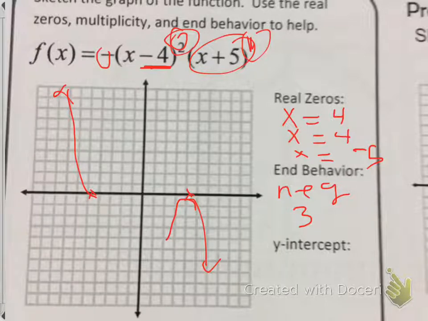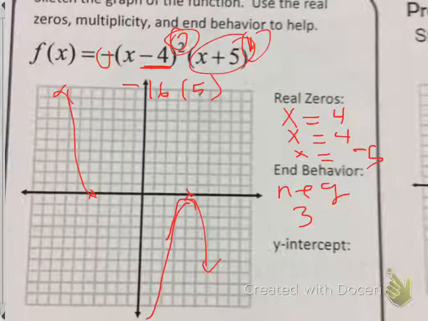So when I set x equal to 0 up here, I'd have -4 squared, which would be a +16 with a -16 thrown in front of it. And then I'd have 0 plus 5, which is just +5. I multiply that together and I get a hugely negative number. So